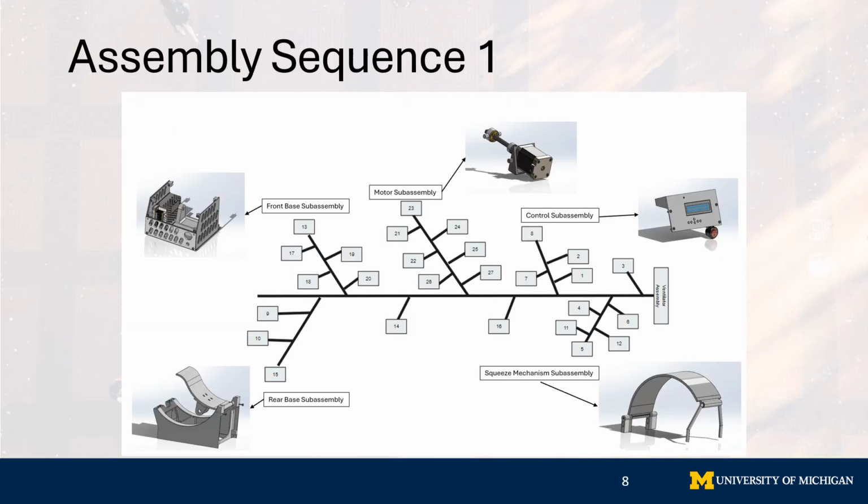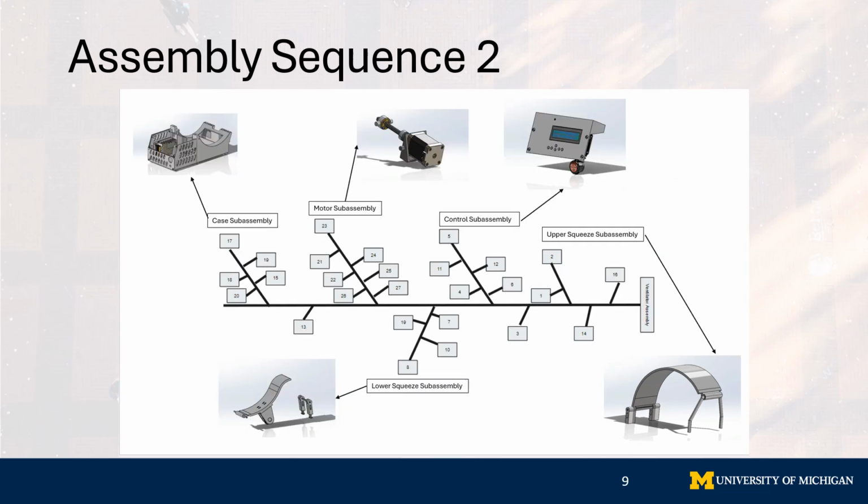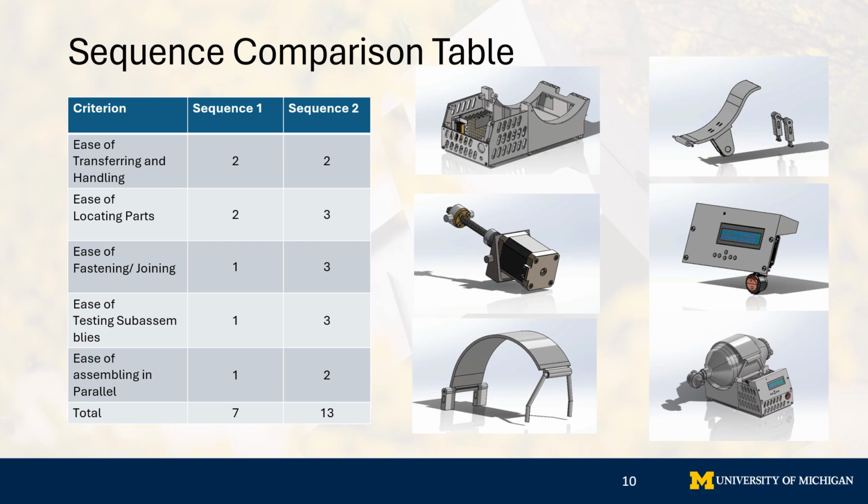Next, the team created 2 assembly sequences. We tried combining components based on their interactions first and came up with assembly sequence 1. For assembly sequence 2, we tried refining the subassemblies and moving sequences around that better fit manual assembly. The noticeable difference between the 2 sequences is the ease of fastening and the ease of testing subassemblies. The combining of the bases and moving the lower squeeze subassembly after the motor subassembly allowed for an easier overall